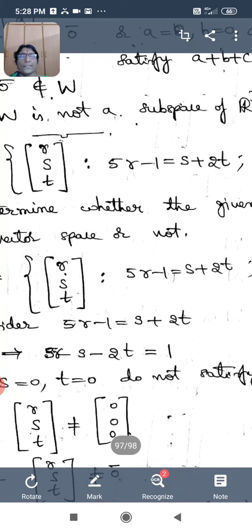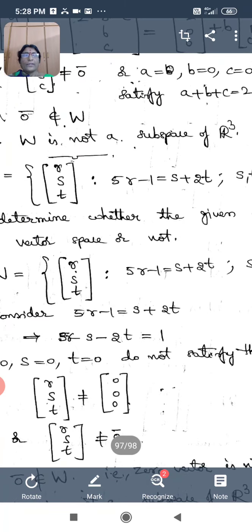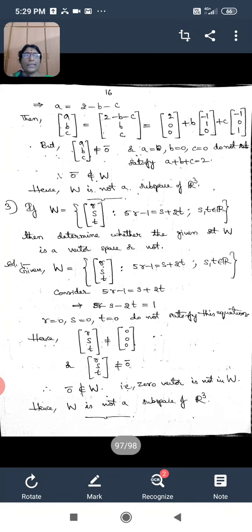Now we can see that the equation has become 5R minus S minus 2T is equal to 1. Here we can see that this is an equation in three variables R, S, T, and it is equal to 1. So this is a non-homogeneous and linear equation, and this is the single equation given to us. Now,